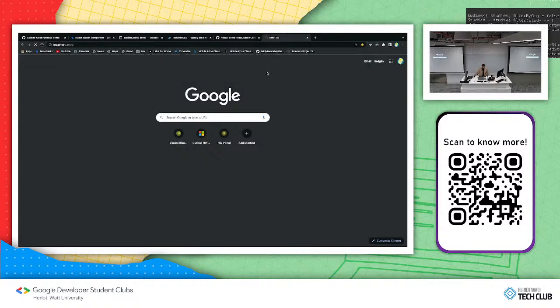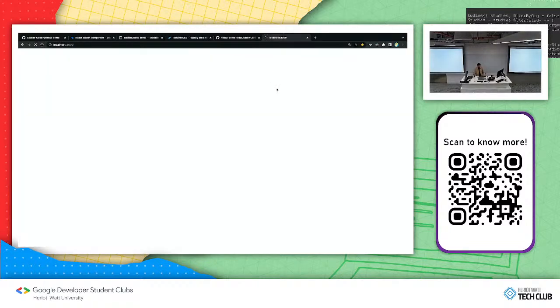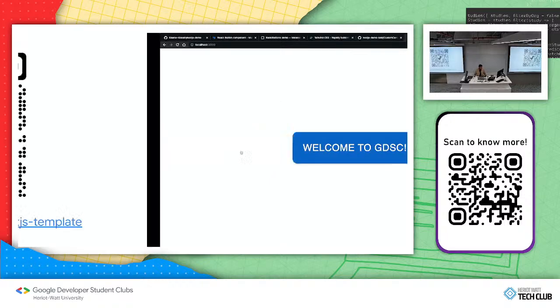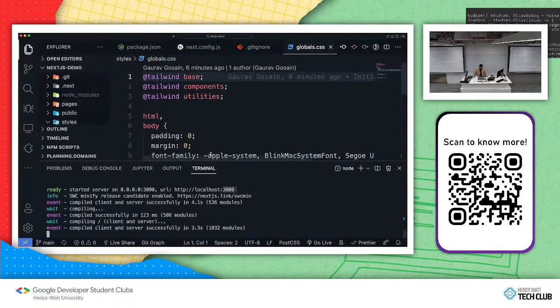Once you visit the URL, it should compile everything on your server. And if you cloned everything correctly, you should see a basic button saying welcome to GDSC that's centered on the screen. Now let's look at how we define this button and how we put it in the center of the screen. So if you head over to pages and